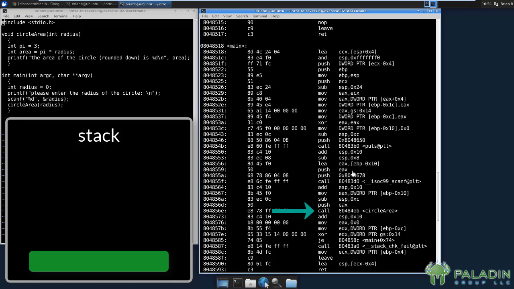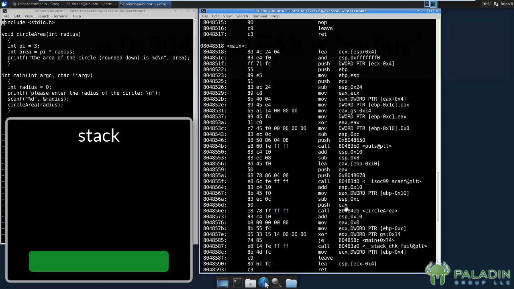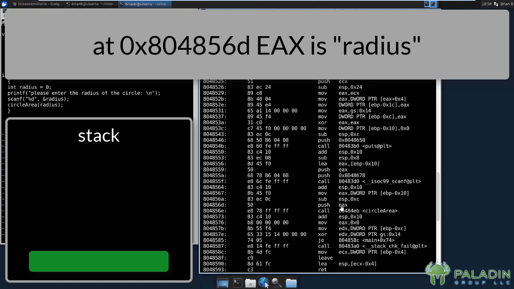And don't worry about figuring out all this means yet. Just trust me that EAX holds the value radius at this point in the function main. At this point, at virtual memory address 804856D, EAX currently holds the value that the user would have inputted for the